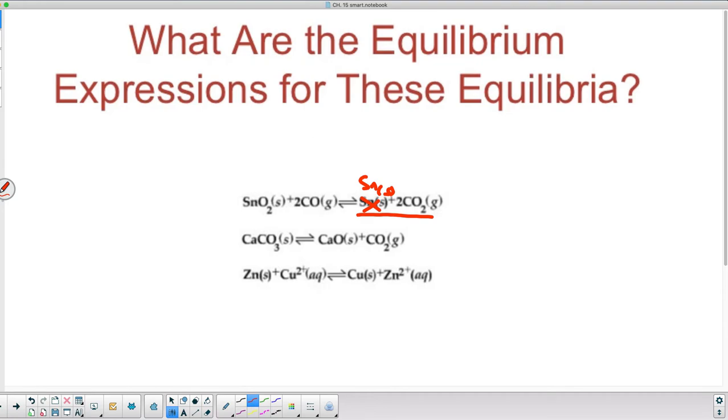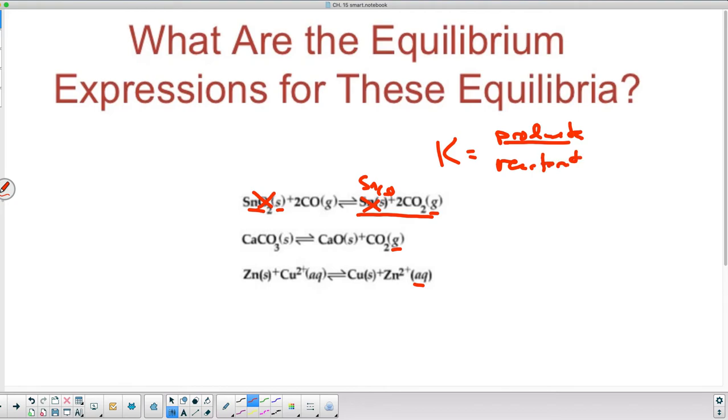Also, I have another solid on this side. SnO2 is a solid, so I don't have to consider that either. So what am I left with? I'm left with gases and aqueous solutions that I can actually include. Okay, so if we're doing products over reactants, big K equals products over reactants,